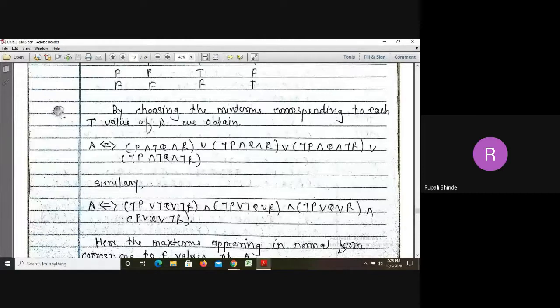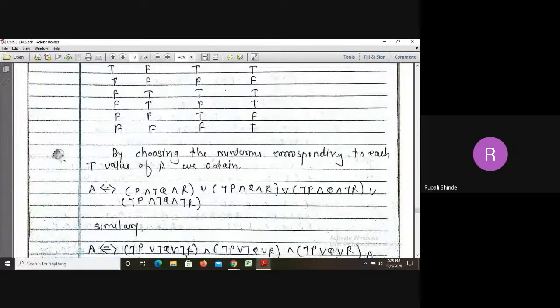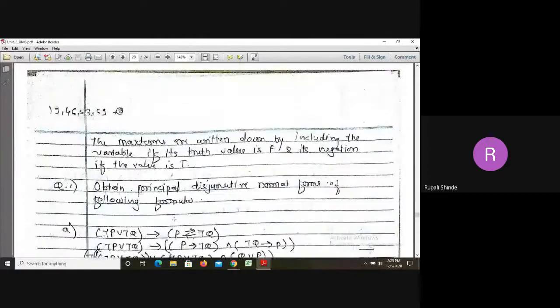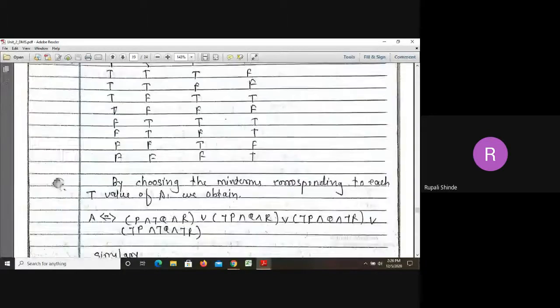That is written here, P or Q or negation R. And now all these max terms we have to connect by conjunction operation. That is product of sum. So check here, sum is there inside the bracket, product is there outside the bracket, and each and every bracket is containing all the 3 variables P, Q, R. That's why whatever form we got, that is the correct form of PDNF and PCNF.